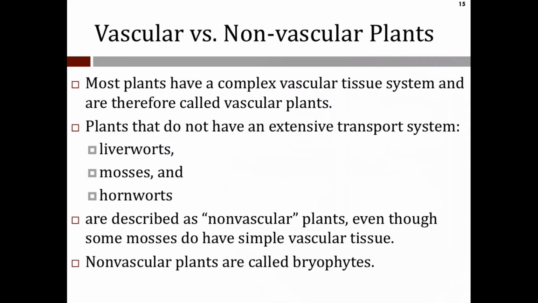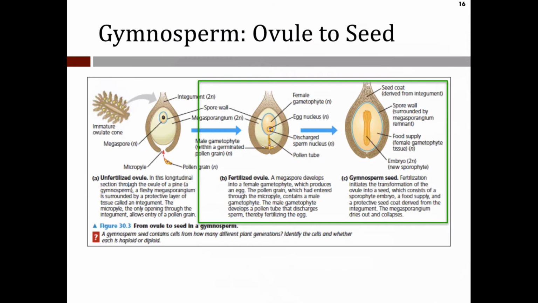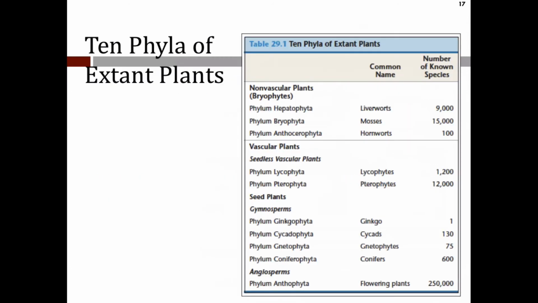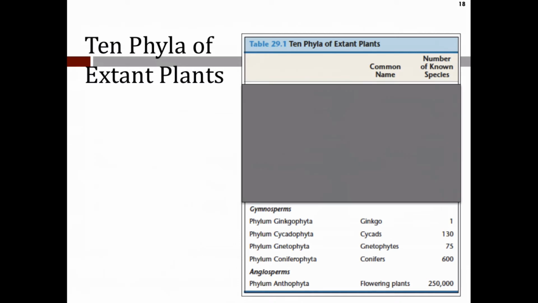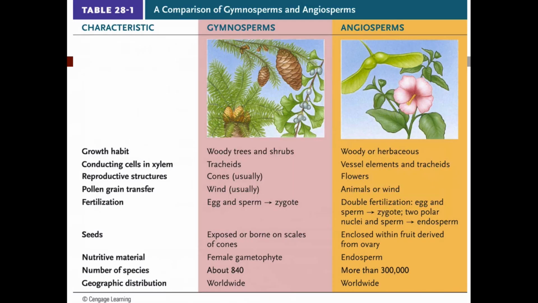So having done this, I won't review vascular and non-vascular plants at all. I'll say this presentation is also at Canvas, so if I go too fast, be sure to go back and reference it. So this shows where we have gone and where we're going. So where we're going now is to the gymnosperms by phylum. We'll go through Ginkgophyta, Cycadophyta, Gnetophyta, and Coniferophyta, and then end things with Anthophyta, the flowering plants known as angiosperms.